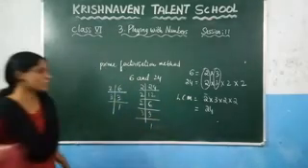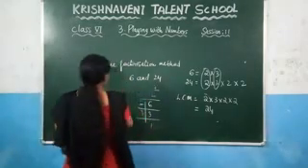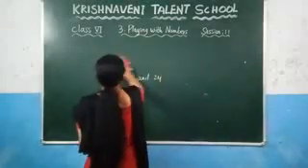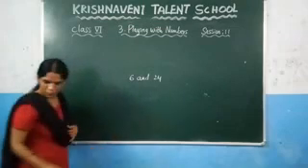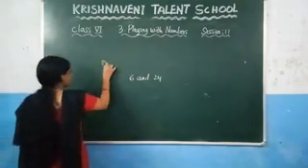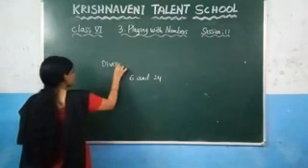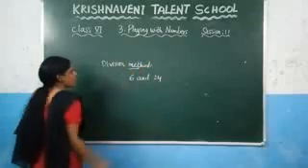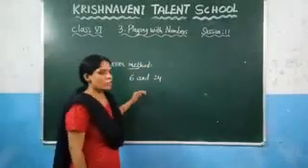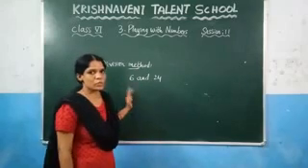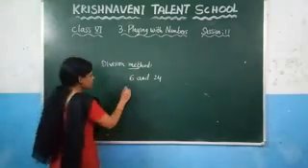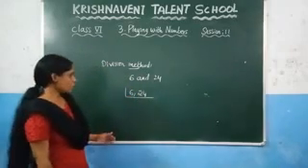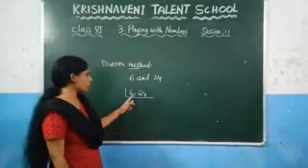Now let us see the next method, which is the division method. How do you find the LCM by using the division method? If you want to find the LCM of the given numbers, you need to take all the numbers at a time in the division method. So, what are the numbers here? 6 and 24. After that, you need to check in which table you will get these two numbers.